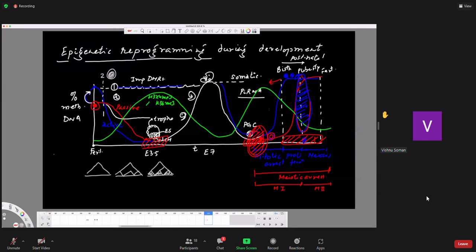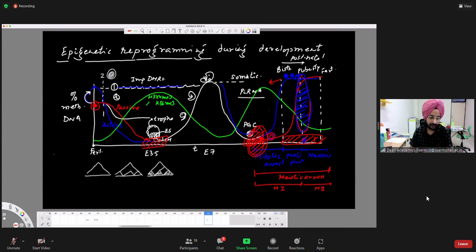So I had two questions from this slide. One is regarding the postnatal development. Here it is mentioned that for sperm and ovum, the percentage of DNA methylation is the same. Oh yeah, that's a mistake. Good. So the sperm value should match this one, right? It should be higher. Yes, sir.